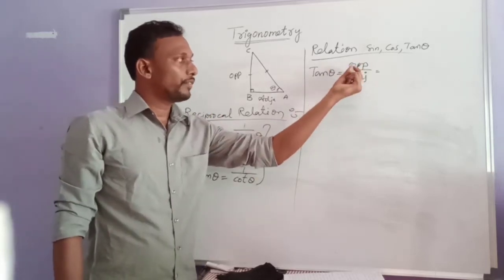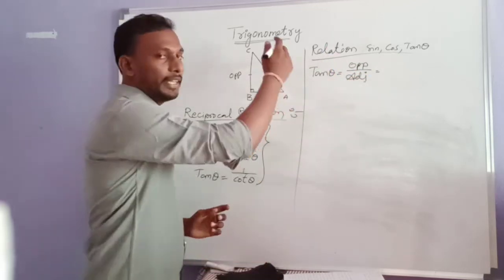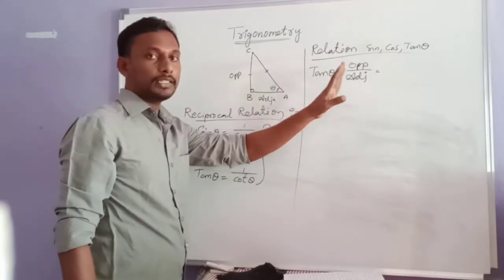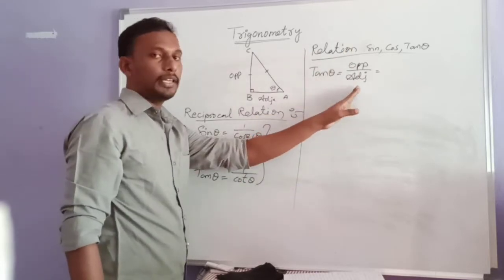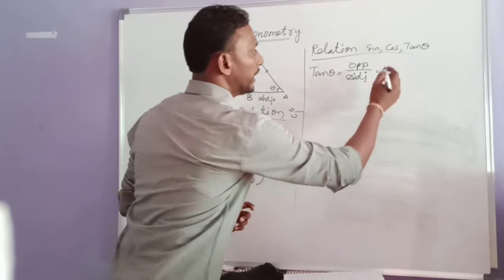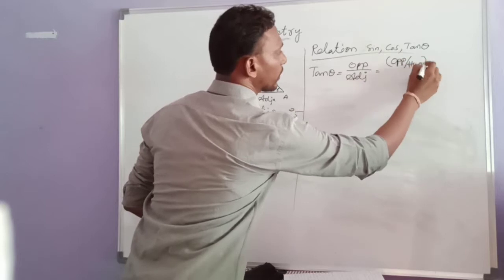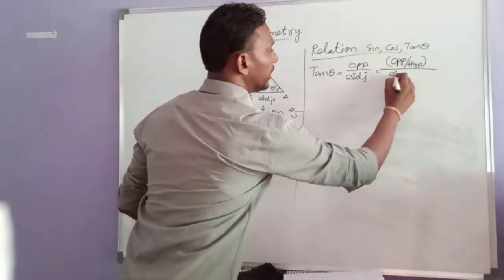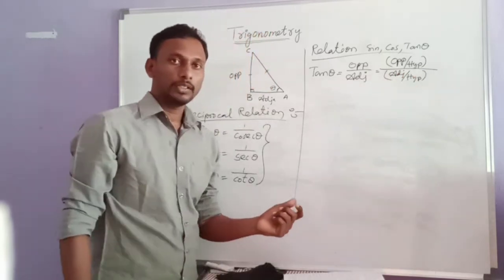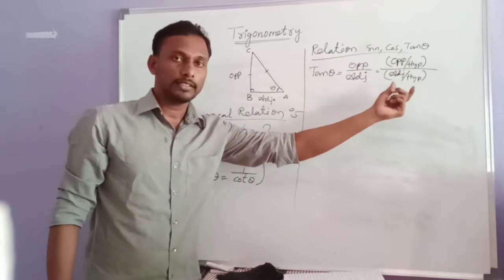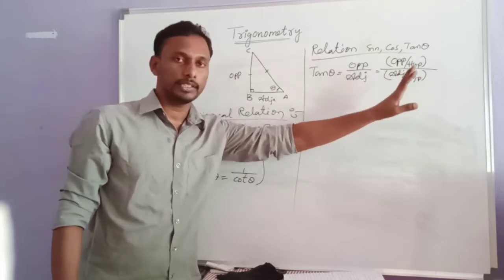So here, in the place of opposite side and adjacent side, I am changing somewhat. I am dividing the numerator and denominator with the hypotenuse. In this ratio, the numerator and the denominator I am dividing with the hypotenuse, right? So opposite side by hypotenuse is the numerator, and adjacent also I am dividing with the hypotenuse. Okay, got it? We can do the same operation in the numerator and denominator, and we can consider it in the division, right?